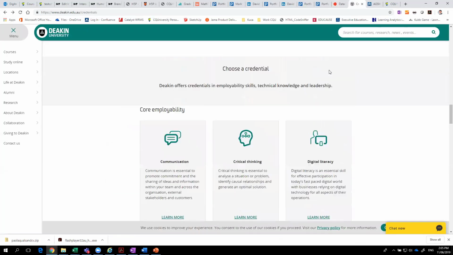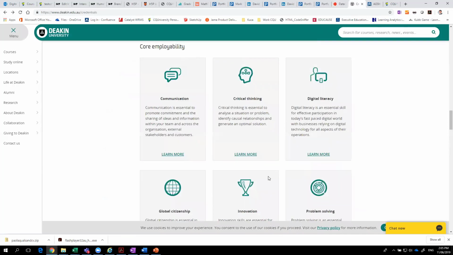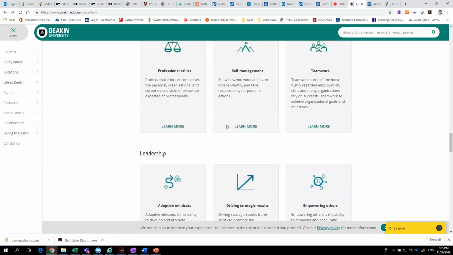If I look at how Deakin has done that, Deakin has decided to keep to three top categories. They can either be about employability, technical knowledge, or leadership. And they have core offerings in each of those categories.